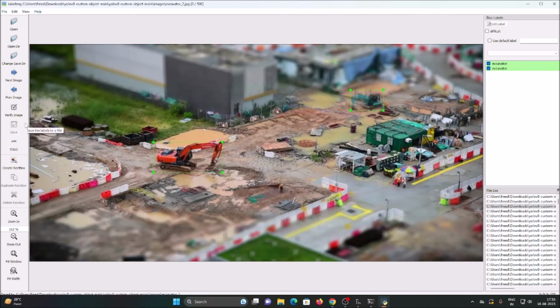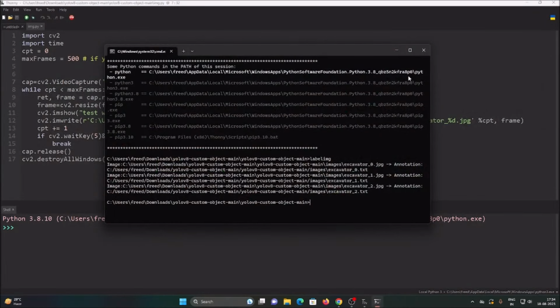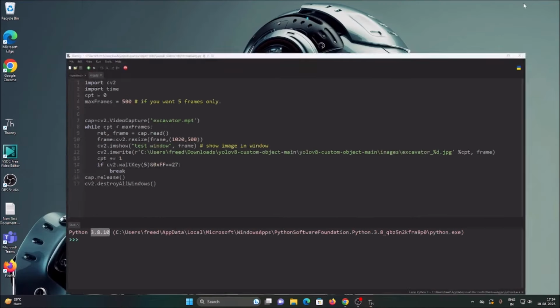That's it. This is how, in simple language, you want to draw the rectangle box on each object frame by frame using label.img. I hope you all clear so far. So I have already draw the rectangle box on 500 images. Simple. So I am going to simply close the label.img software and I will show you